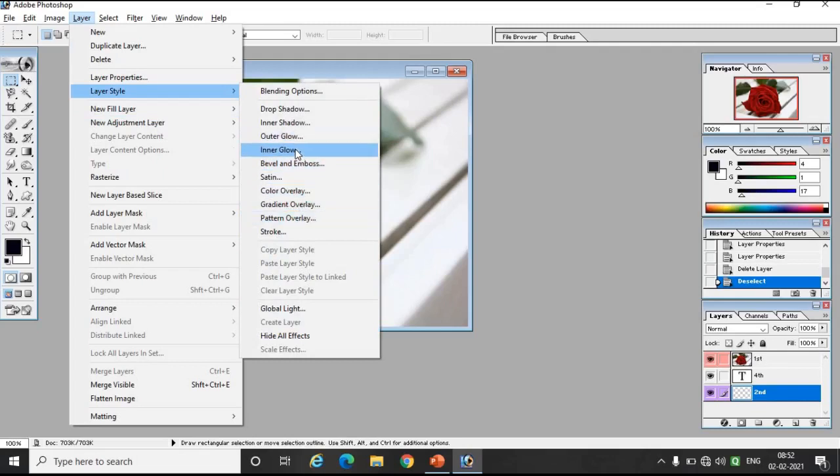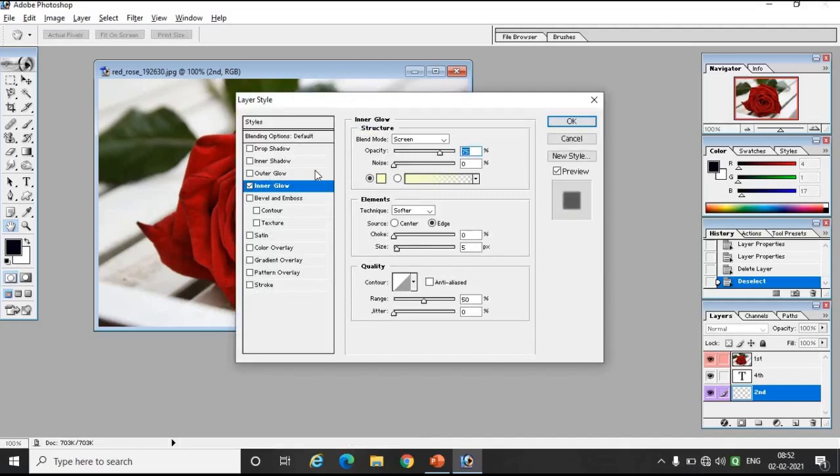Like, I want inner glow, so here inner glow will be applied to my layer. So I selected inner glow. After that, in bevel I want bevel and emboss, texture yes and contour yes. So whatever I need I can select from here. After selecting the layer style, you can select more than one layer style over here.